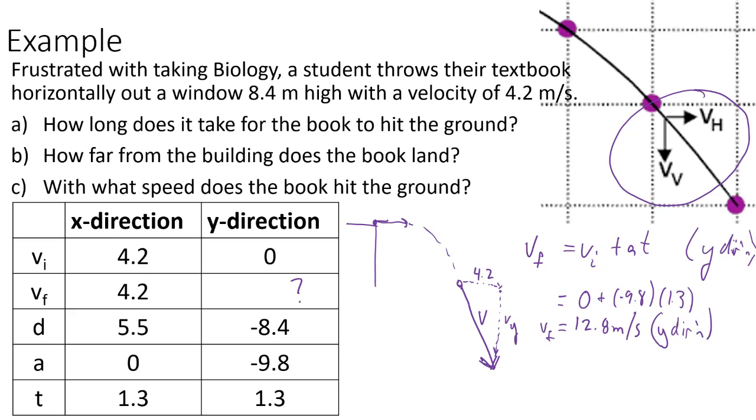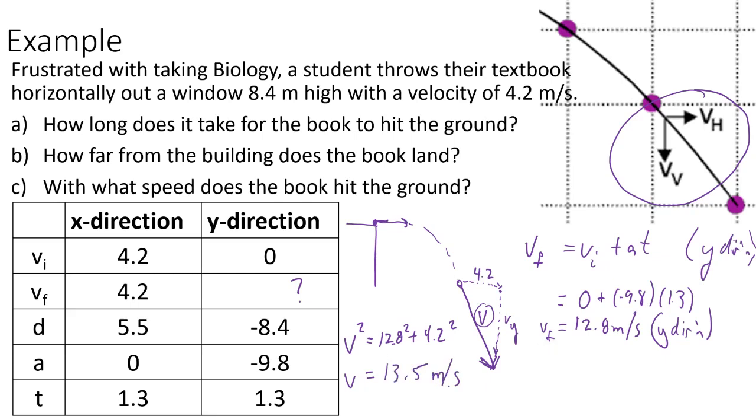Okay, to find the total speed of this thing, in this case I'm just going to find the magnitude of this velocity vector, which is going to be the square root of 12.8 squared plus 4.2 squared. Then I can plug and chug and do some math on that and find that my final velocity is going to be 13.5